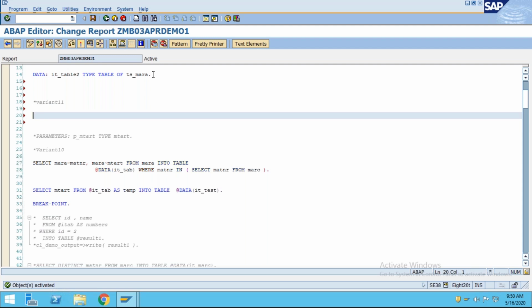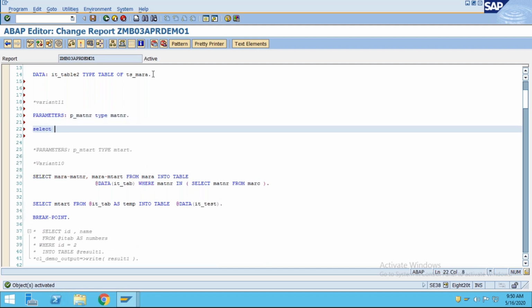Suppose you have to check some material existence, and I have parameters p_matnr type matnr, so we use select up to one rows, select matnr up to one rows from mara into, work area directly, because up to one row is there, into @DATA(wa)